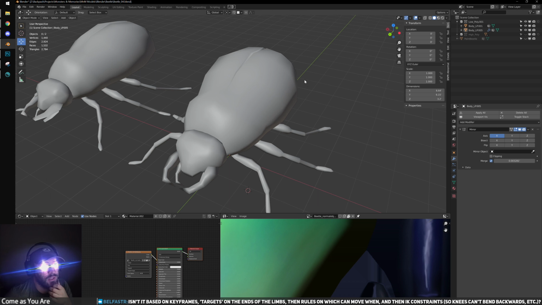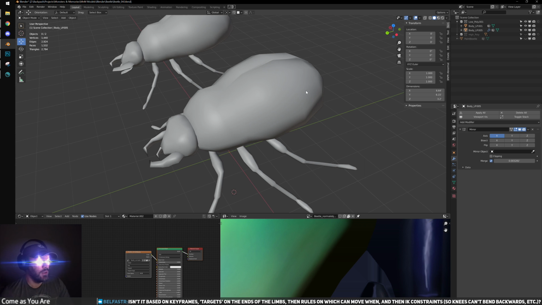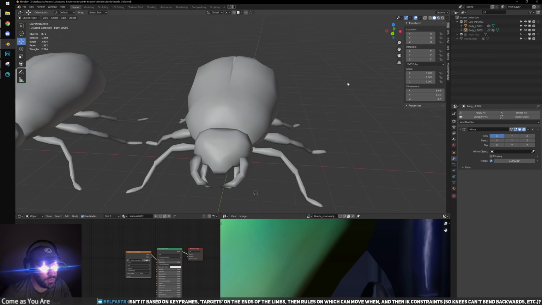Isn't it based on keyframes, targets on the ends of the limbs, and rules on which can move when, and then IK constraints? I think there's two types of procedural animation, because I was looking into it. The stuff that they do in the Ubisoft games like Assassin's Creed, I think that's a different procedural system, where